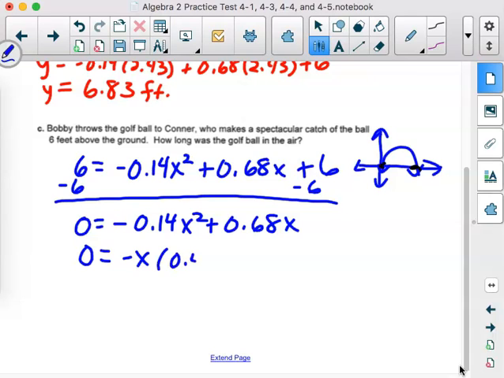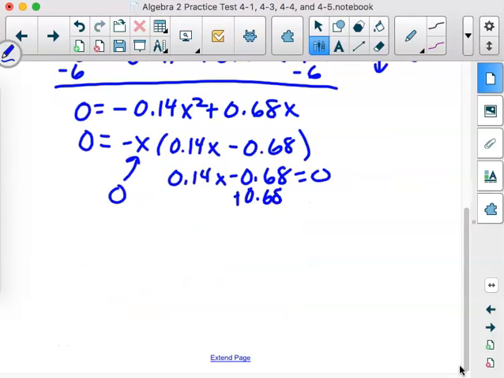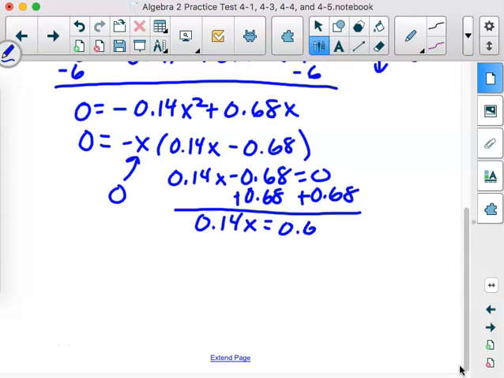So negative x, and this will leave us 0.14x minus 0.68. And now this one we know would be a 0, and that makes sense because before they've thrown the ball, they're at a height of 0. This one is the one that's going to give us a numerical answer, a number for our 0. So we would add 0.68 to both sides. And we would divide by 0.14. And we'd grab a calculator and get 4.86